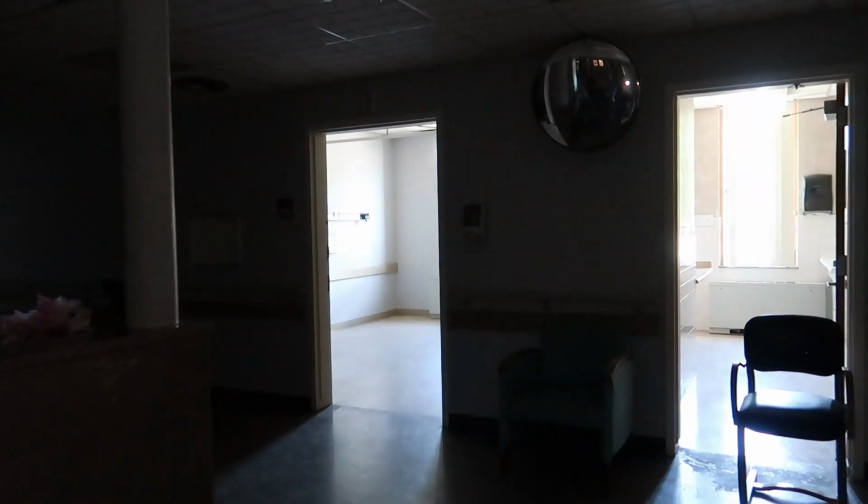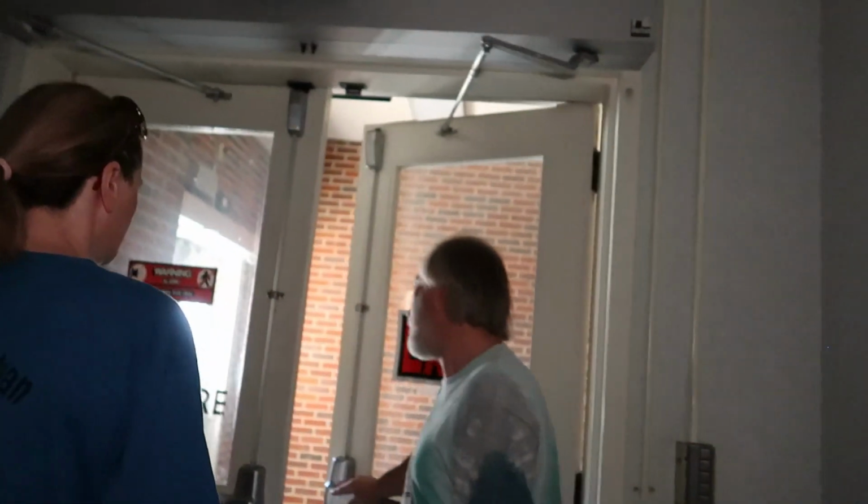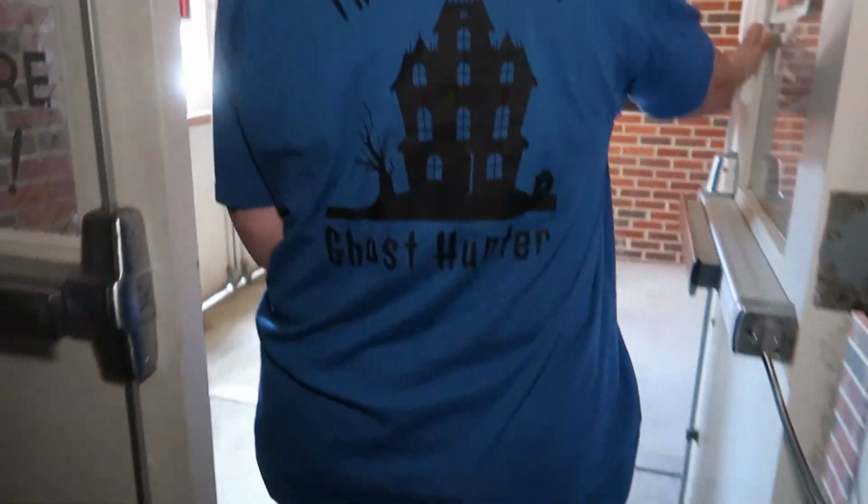We did very little cleaning up in this area of the hospital. This place is massive. That whole roof collapsed, and we'll walk out there, because I'll show you. It's actually kind of neat. But what happened was, when the city...